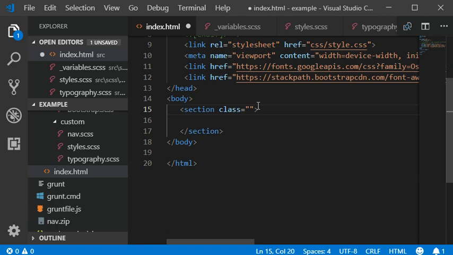And for now we need to pass a background color here. Let me grab the color from the PSD and then